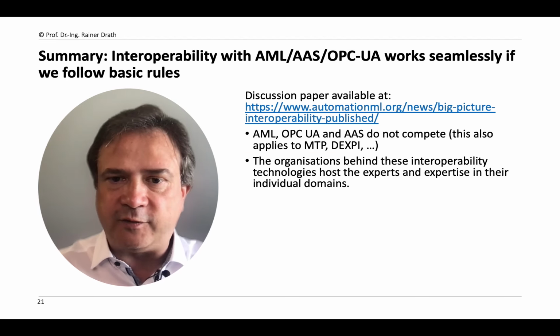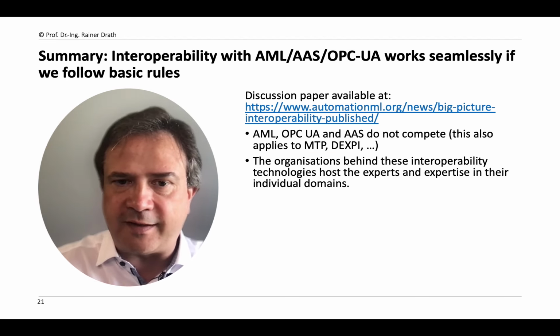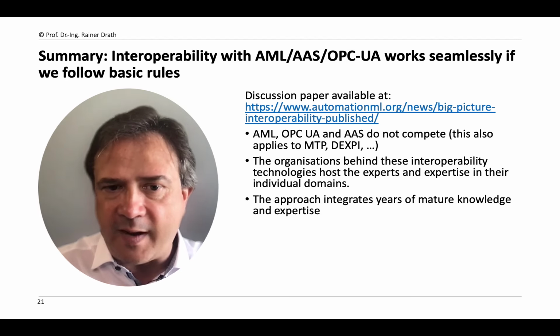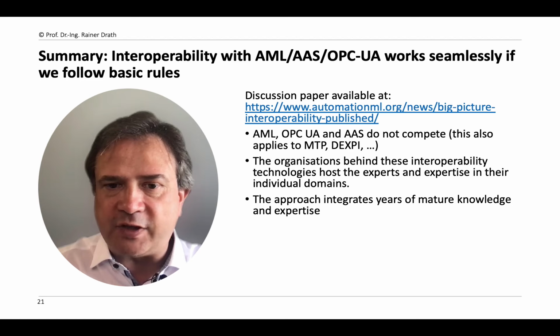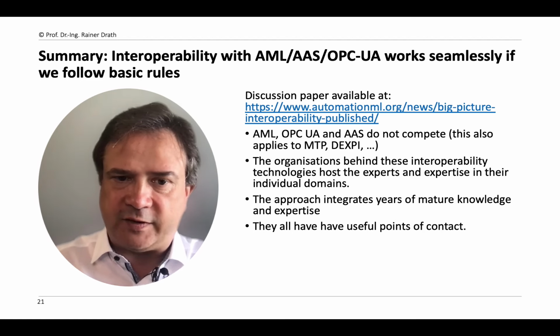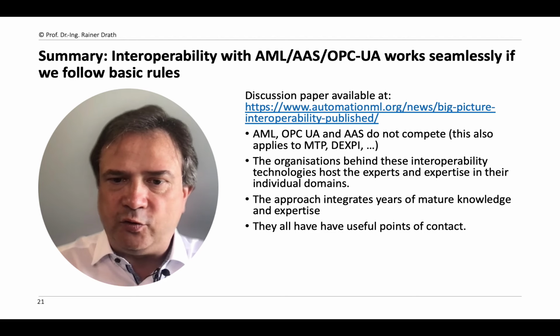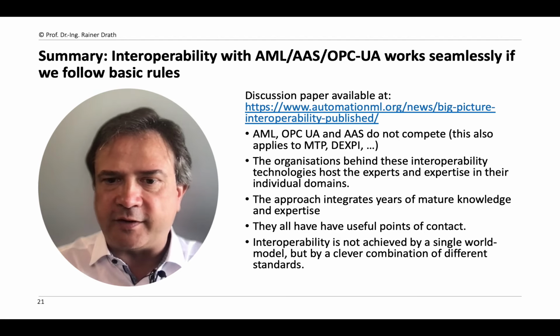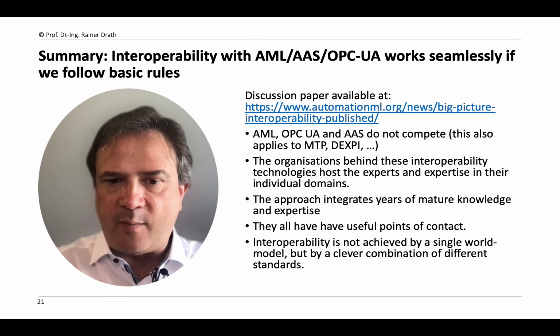The organizations behind these interoperability technologies host the experts and expertise in their individual domains. The approach integrates years of mature knowledge and expertise. They all have useful points of contact, and we believe interoperability is not achieved by a single world model, but by a clever